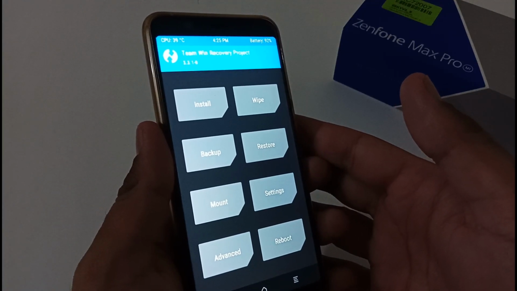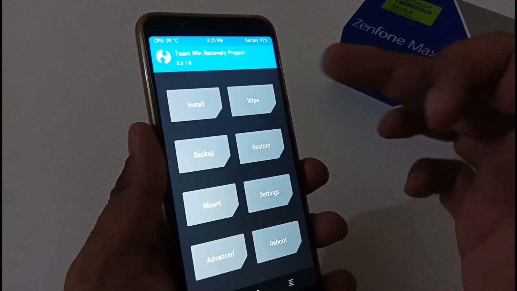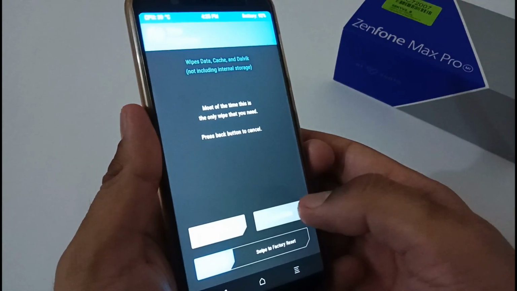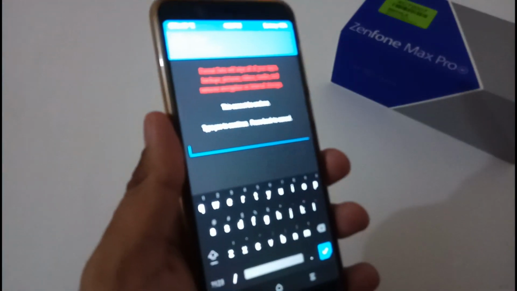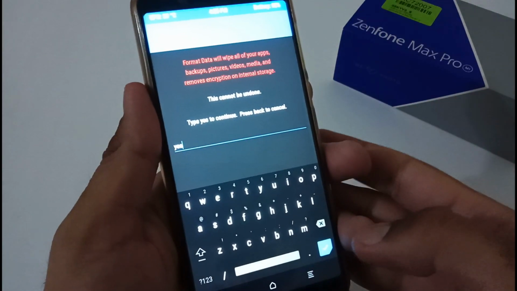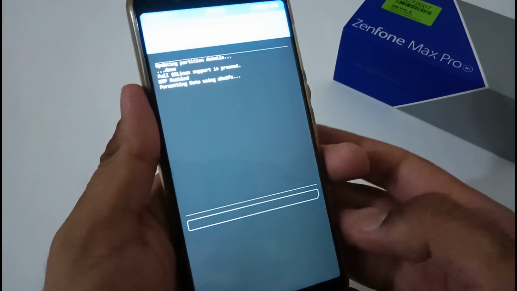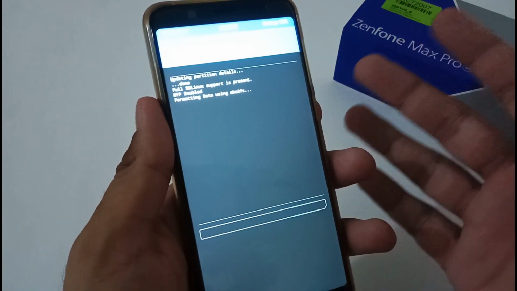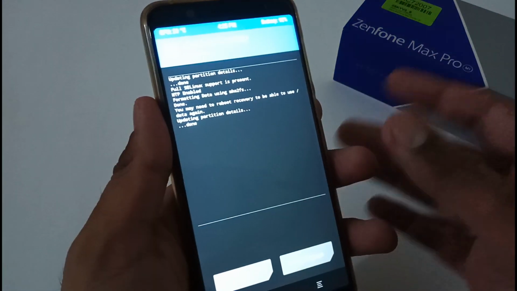So as per the instructions on the blog, firstly we have to tap on Wipe. Afterward we have to tap on Format Data, and here we have to type yes for the confirmation part. And afterward just press on this particular blue tick. It will hardly take, I would say, a minute to format everything, and once it is done, just